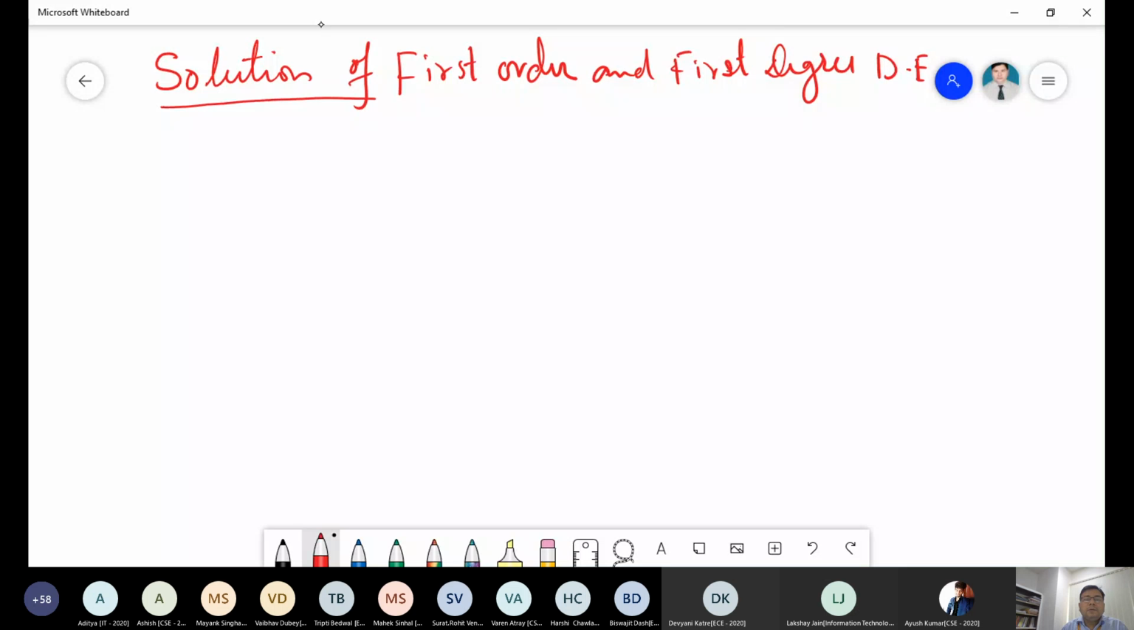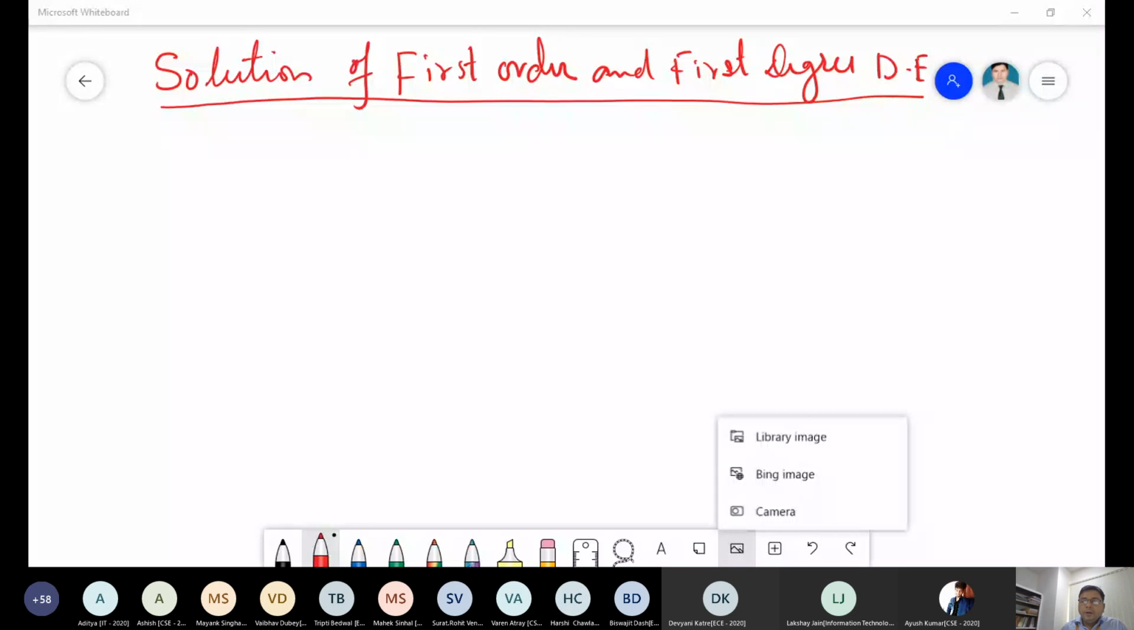So I've already explained what is the differential equation, what is the order, and what is the degree of the differential equation, and how the differential equation looks like. So the first segment of the syllabus is that which concerned with the